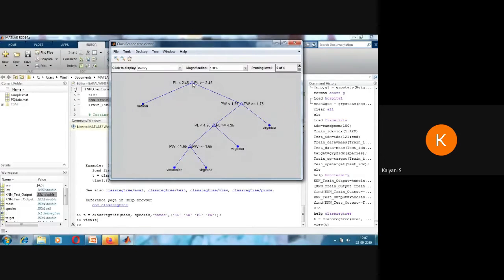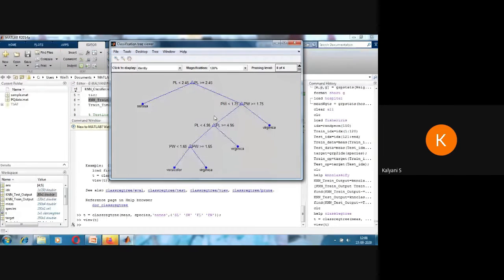You remember in the decision tree I mentioned root. All these are called nodes. This triangle, all these triangles are called nodes. This one is called root because it is the topmost. All the bottom parts are called leaves. These dots are called leaves. So if petal length is less than this, and petal length is greater than this, it is setosa. Like that, using different rules, the tree is being built.